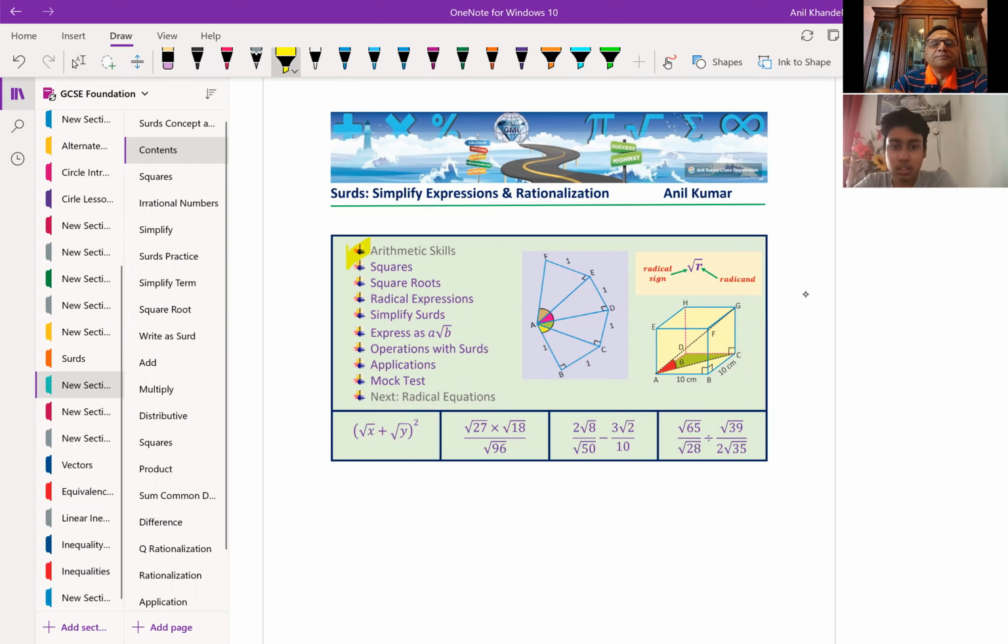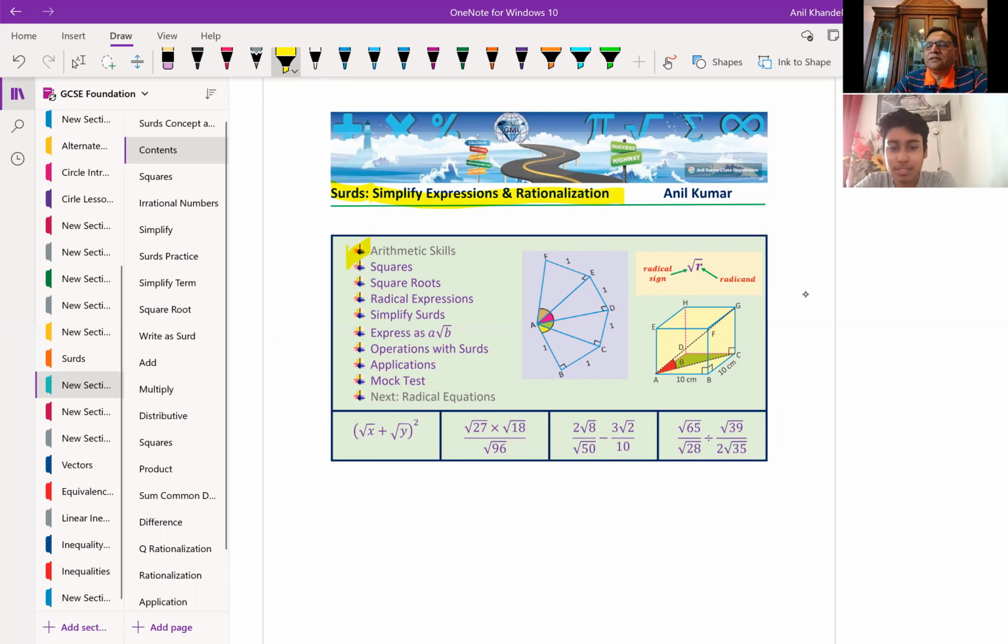Okay. So, arithmetic skills, squares, square roots, radical expressions, simplifying surds, express as a square root, operations with surds, applications, mock test, and the next, radical equations. Correct. So we are actually discussing surds, and we will see how do we simplify the expressions and how do